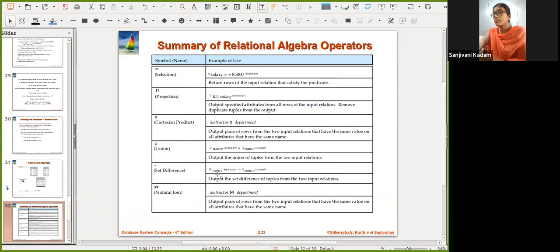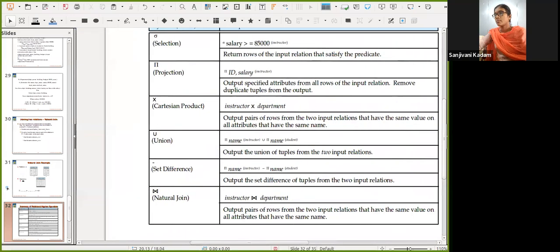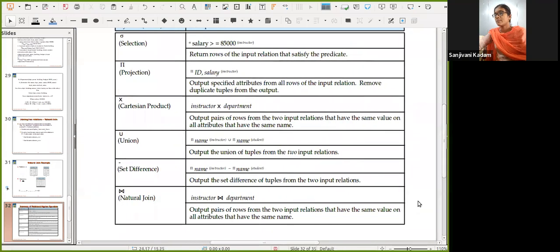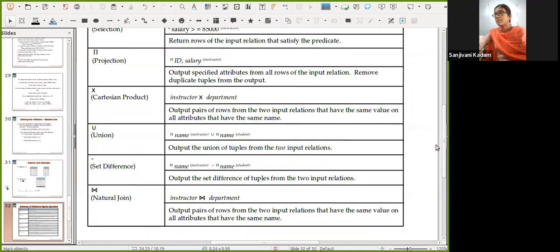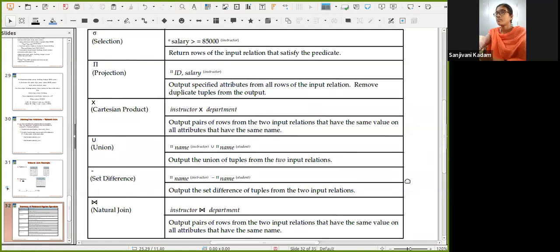So up to now, many operations we have learned. Selection is given by a sigma, which is used in order to, okay, I will maximize this slide. Selection means that this is used in order to filter some records by applying some condition.